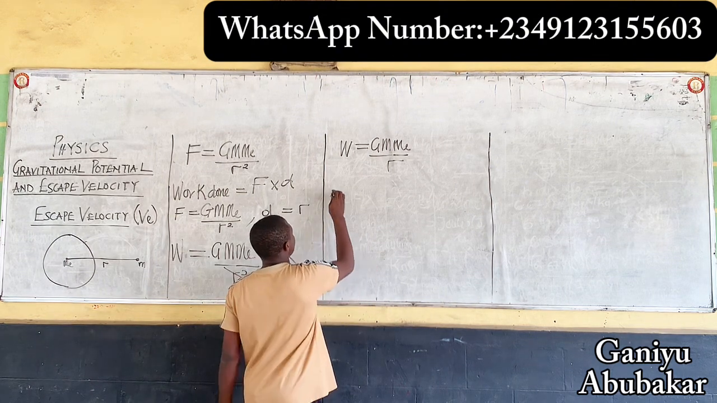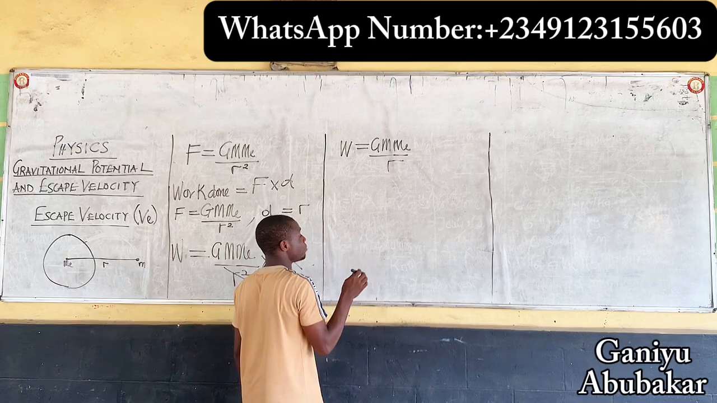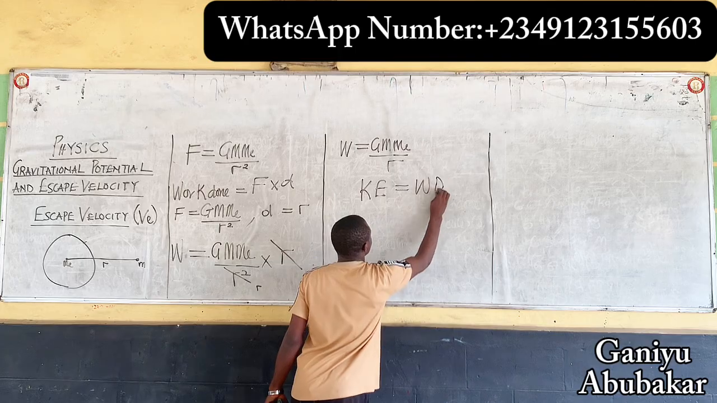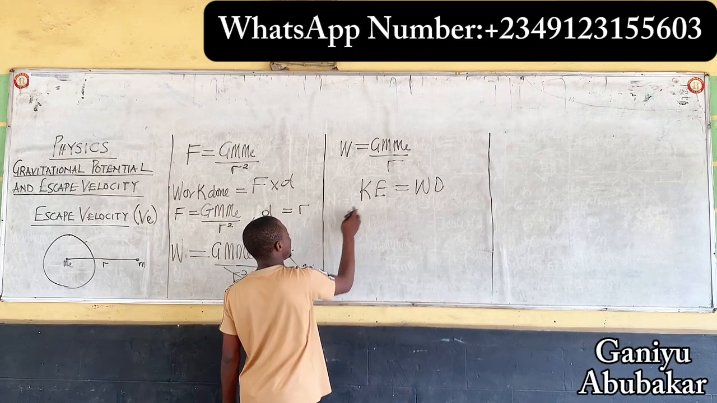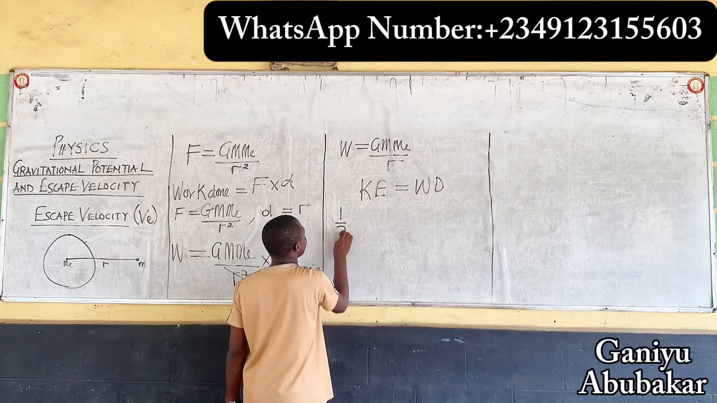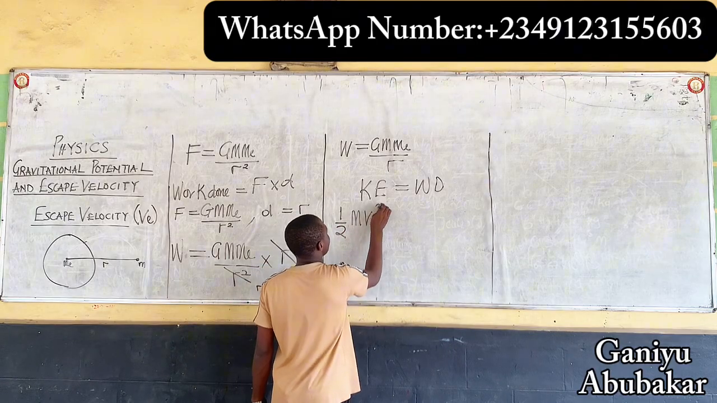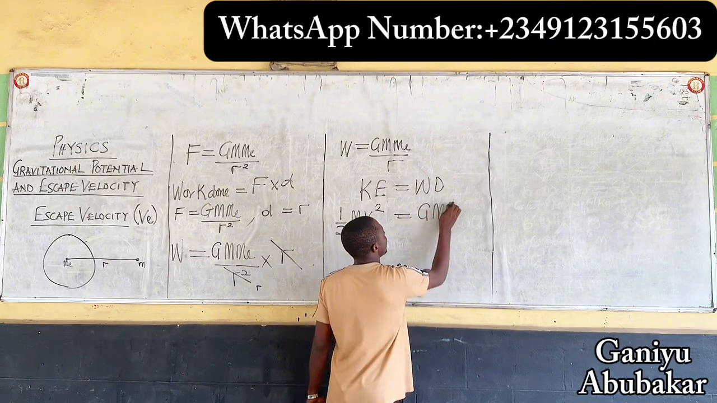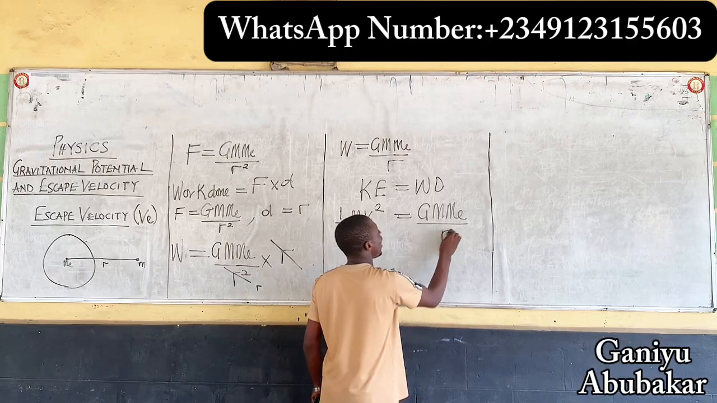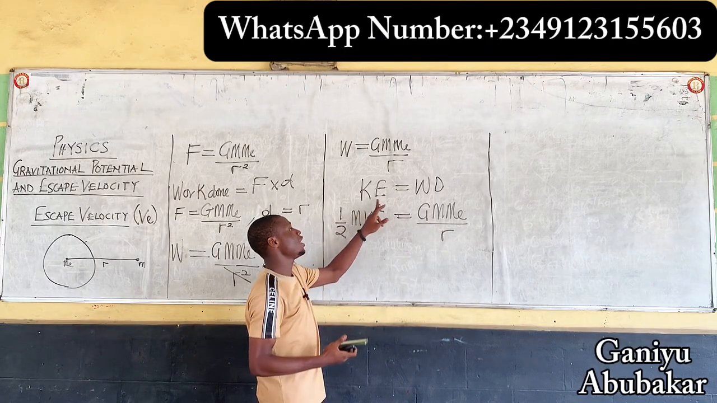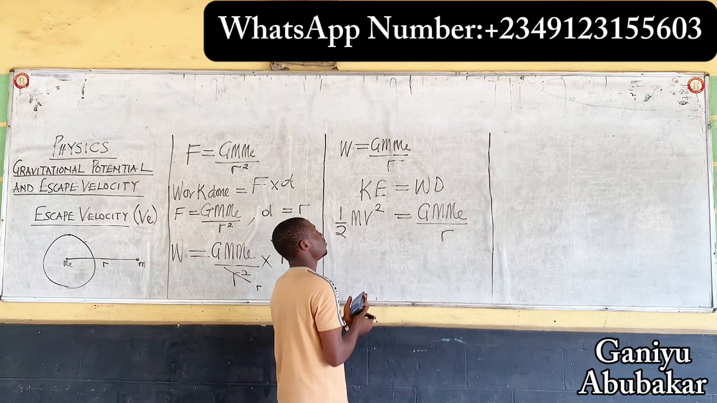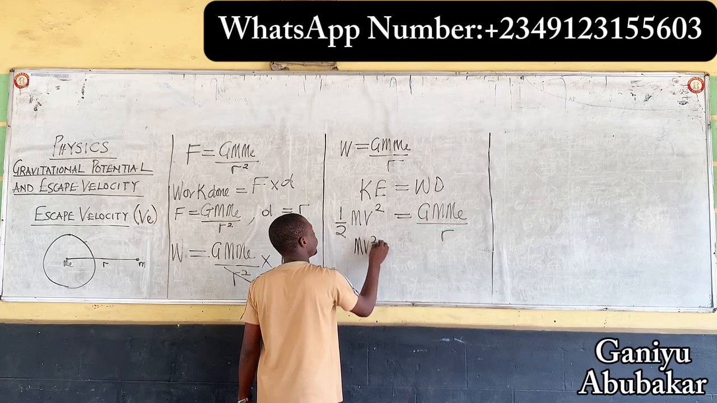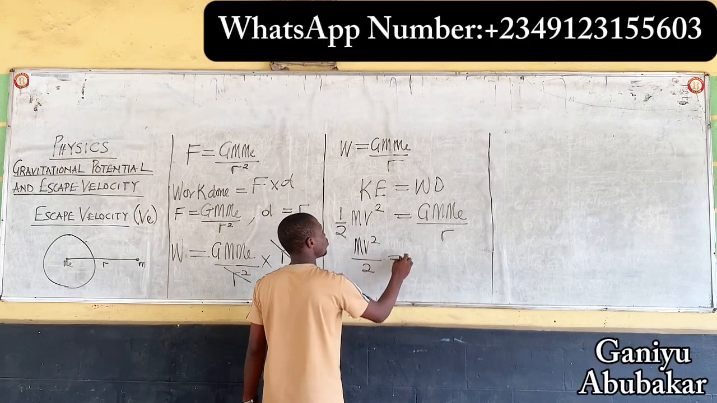Now from kinetic energy, I'll be equating kinetic energy, KE, with work done. We know that kinetic energy is half mass times velocity squared, equal to work done, that's G M E over R. I just explained why we equate KE with work done. From here, one times m v squared over 2 is equal to